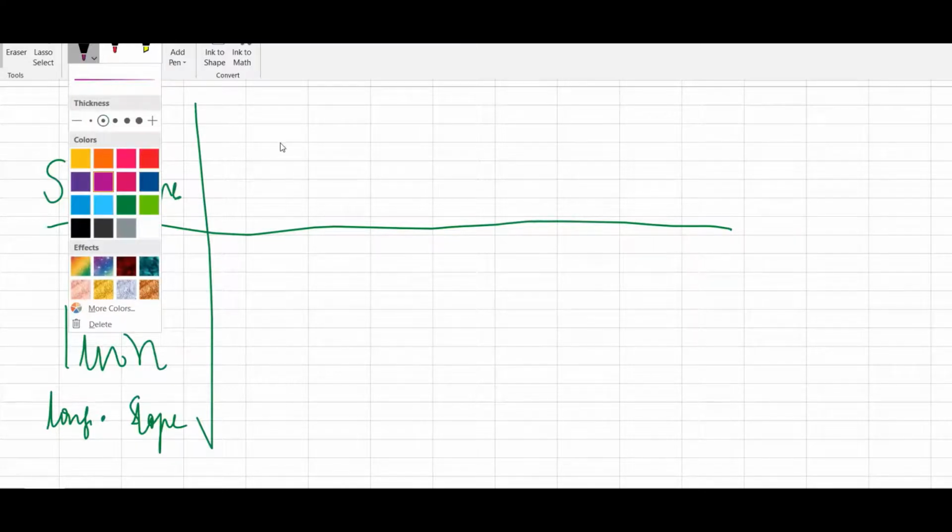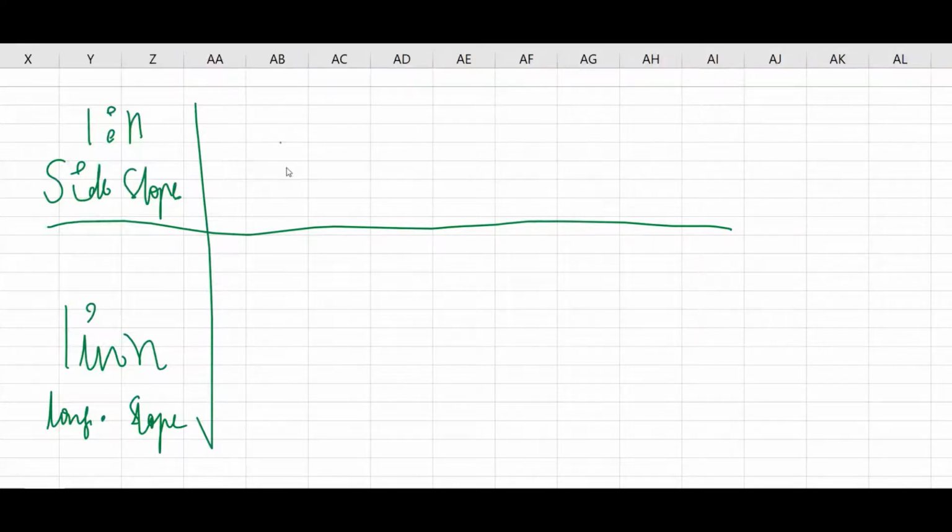Now cross sectional slope looks like this. You have a vertical distance. If this is one point, and this is another point, you have a vertical distance represented by V, and a horizontal distance H. Then you have the longitudinal slope.